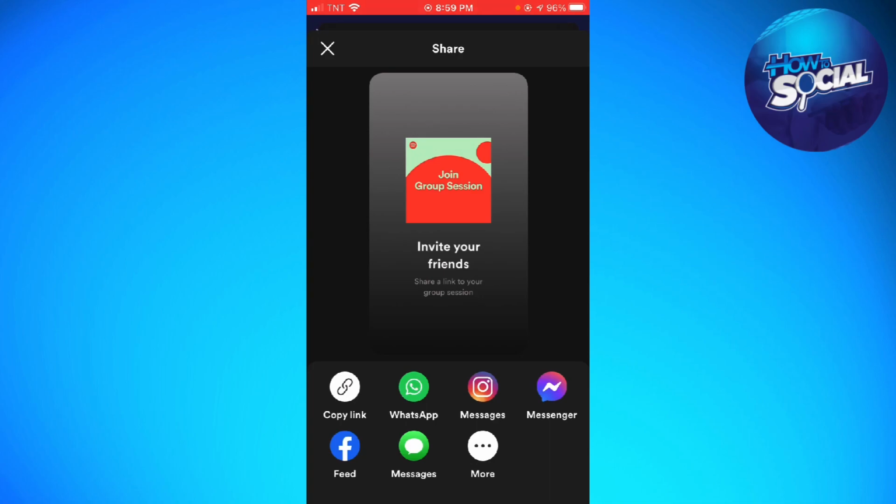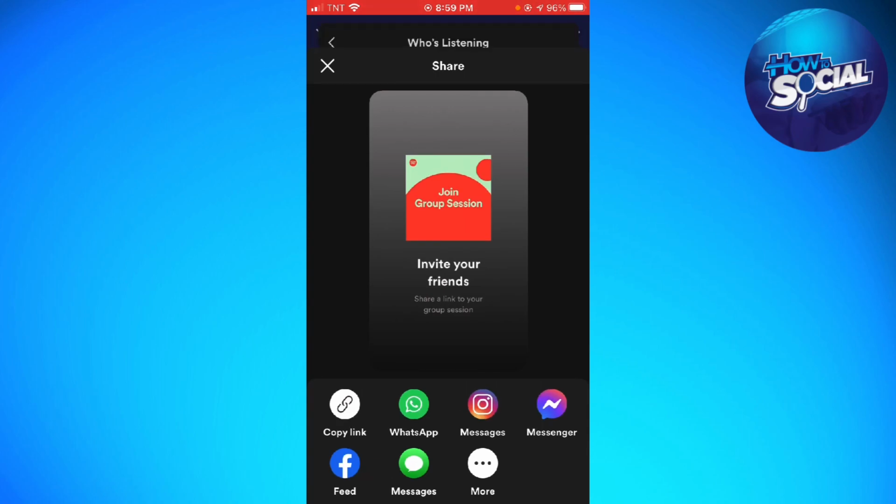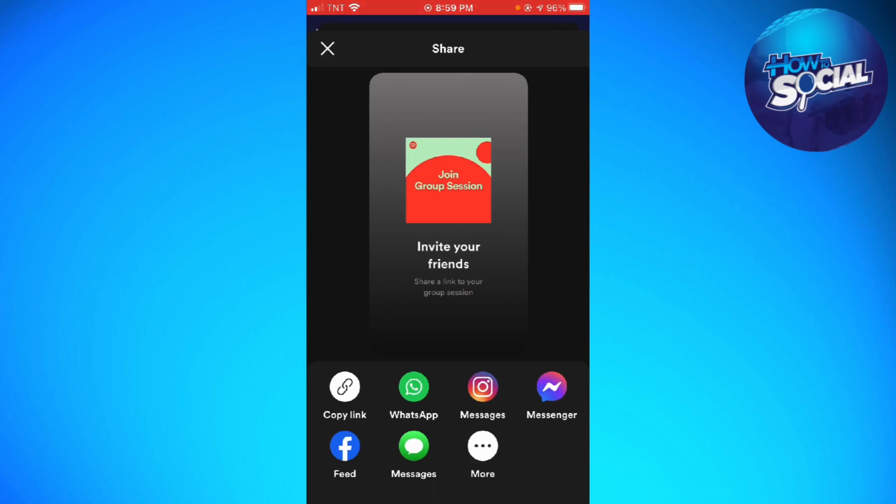Now you can just go ahead and copy a link, and you can send the link to your friends so that they can join your group session. You can also send it by WhatsApp, Instagram messages, Messenger, Facebook messages, and there are a lot more options when you click on the more icon. Okay,